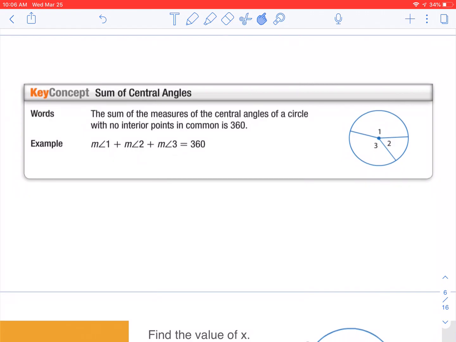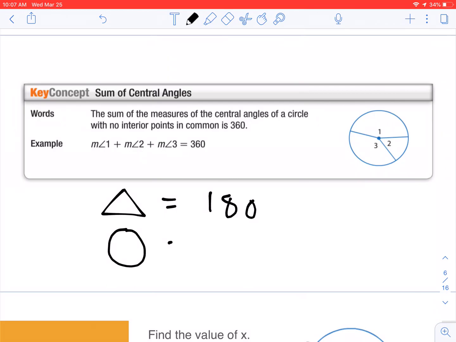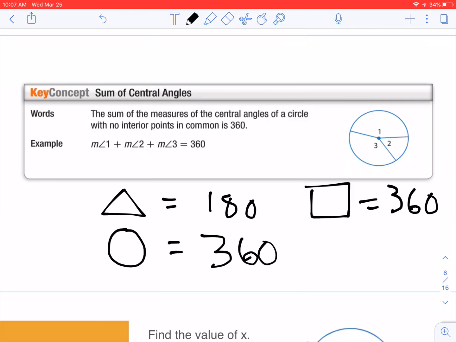Okay, so also the sum of all the angles in a circle add up to 360, right? So we had triangle equals 180. Now we have circle. We also had quadrilateral equals 360. Circles will also equal 360. So we're going to practice with some of the